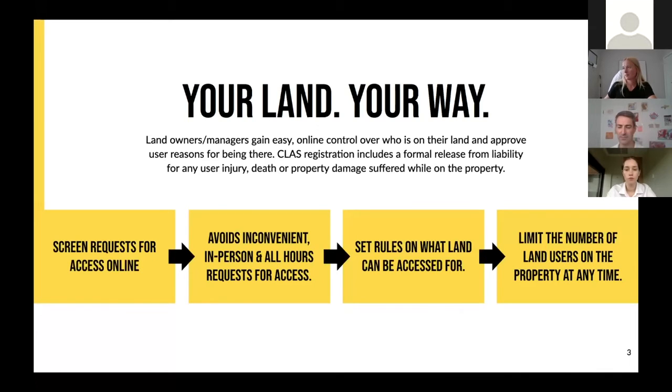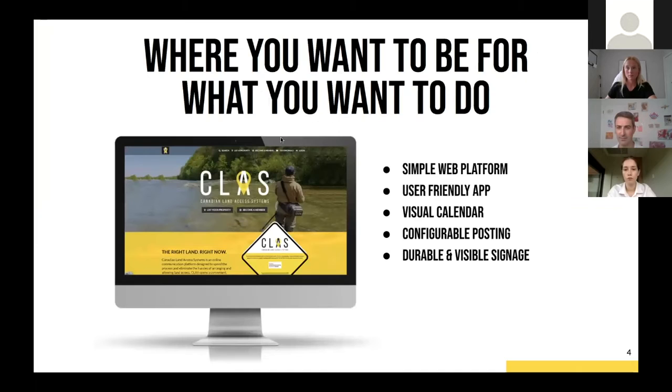So the big opportunity for CLASS is that it avoids the inconvenient in-person requests at all hours of the day. People can be coming to your door at 6 o'clock in the morning asking permission to access the property. You have people who had permission 10 years ago that still think they have permission. And generally people have a gray area for the rules. In other areas of Canada, namely Saskatchewan, they've implemented rules where you have to have explicit permission to be on the property, whether it be a written letter or something showing that you are supposed to be there. It's now part of the Trespassing Act. So CLASS very much solves that need and reduces the gray area and challenges in the relationship between the landowner and the land user.